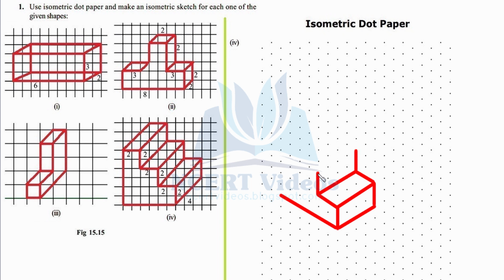Let's make the foundation of our second step. Now it goes parallel to base 2 units, so we will go parallel to base 2 units, that is, connecting the next 2 dots like this. Again from the other side, and when we connect these both vertices we get the second step